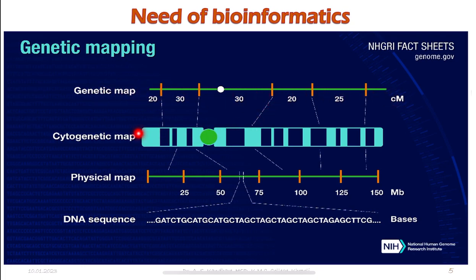So therefore you can understand how this cytogenetic map of a chromosome can be created with the help of bioinformatics, isn't it? This is a cytogenetic map of a chromosome. This is genetic map of the chromosome. This is the physical map of the chromosome, isn't it? And then ultimately DNA sequence, isn't it? That is ATGC sequence can be understood, that is the nitrogen base sequence can be understood with the help of bioinformatics. So मैं यहाँ पे आपको बताना चाहूँगा कि ये जो क्रोमोसोम है इसका हर तरह से एनालिसिस, हर तरह से उसका हर एस्पेक्ट को जानना